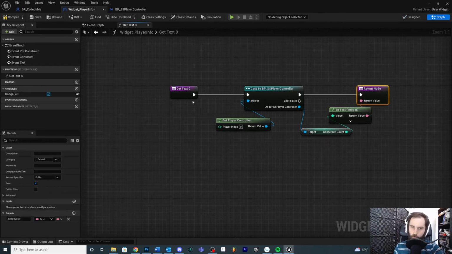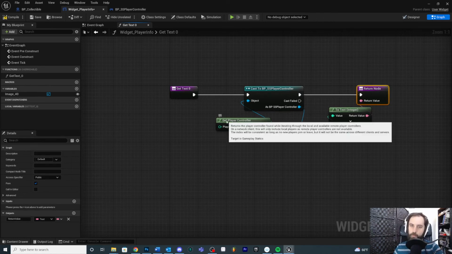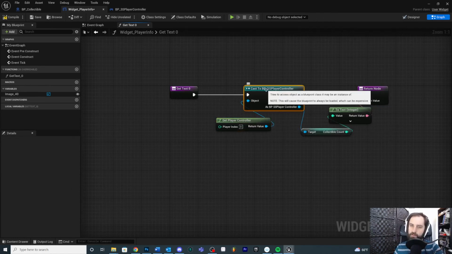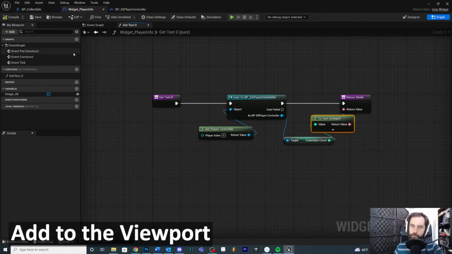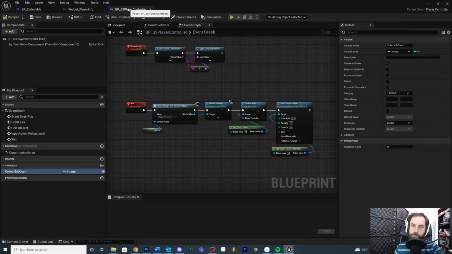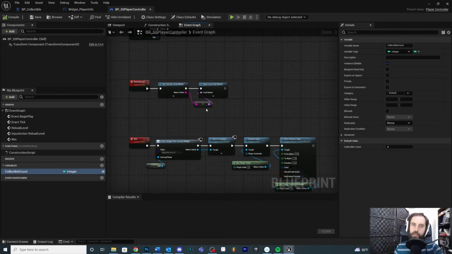Okay, so when we try to get the text and access it to display it, we are getting the player controller, testing to see if it is the SS player controller, and if it is, then we want to get the collectible count from that, the current amount, and return it. So if we compile and save, we have our functionality set up, but what we still need to do is create the viewport